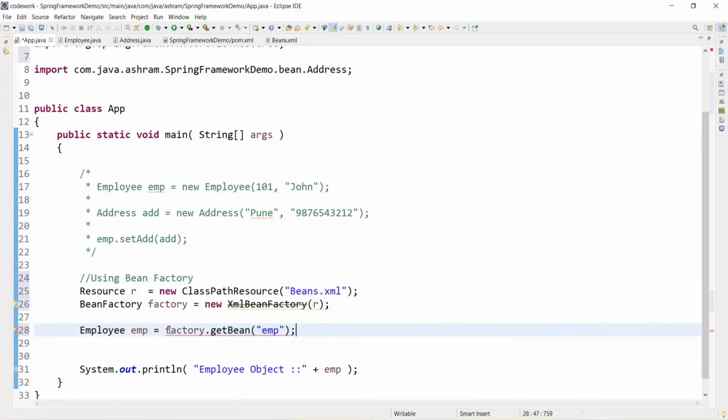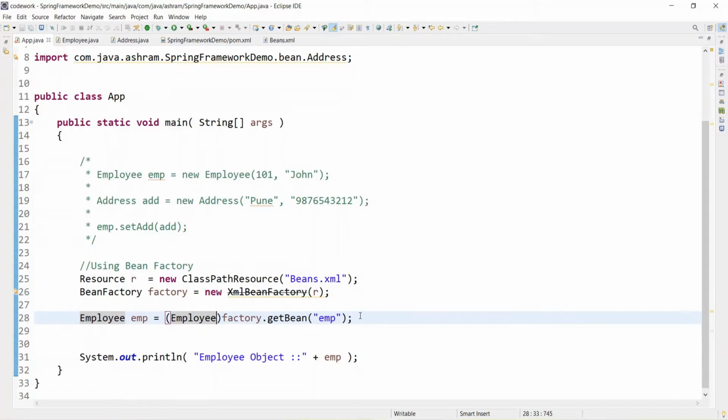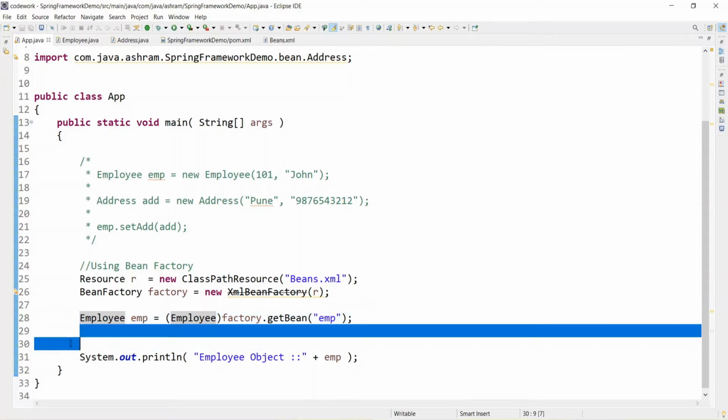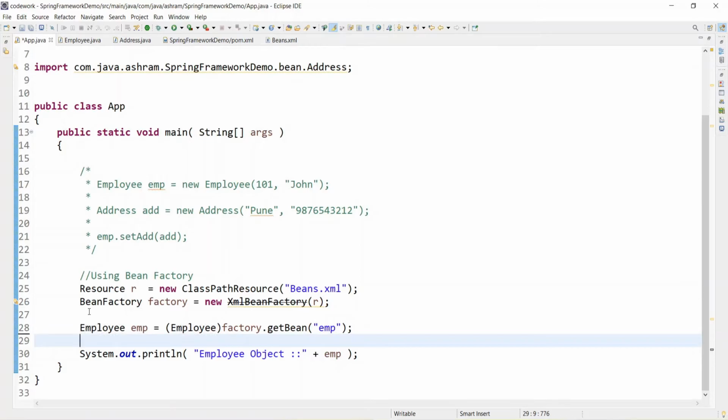Correct. Thereafter you will have to typecast this as employee. Okay, that's all. So if you see here, and it will print, let's say, control S and run this application. We have commented this code, the traditional way.